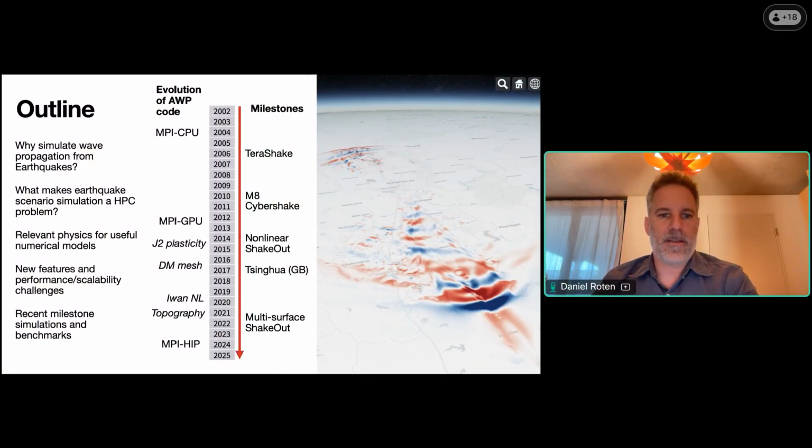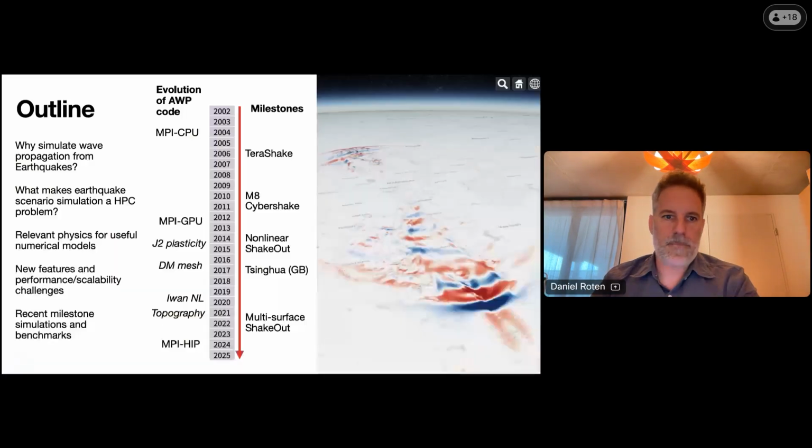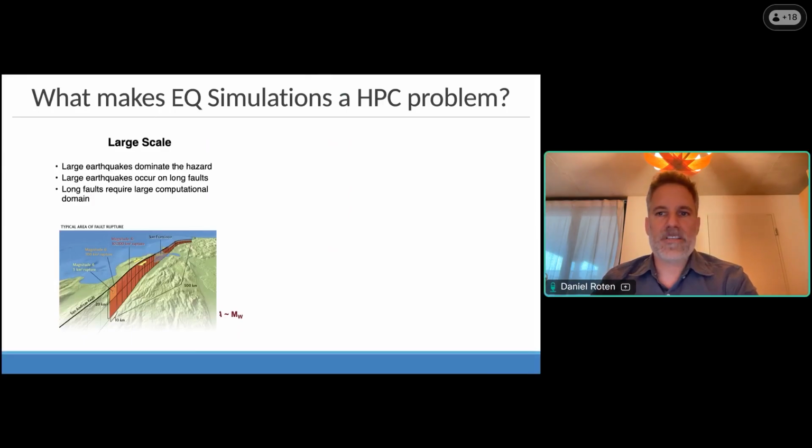It's called the ShakeOut scenario, and it features a large magnitude 7.8 earthquake on the southern San Andreas Fault. You can see here the source starts under the Salton Sea and propagates towards the northwest, and you see the source directivity effects channeling waves towards Los Angeles and into the deep basins in that area. You see how those basins amplify the ground motion and lead to stronger and longer duration shaking. You also see in the simulation the green areas, which indicate permanent plastic deformation, which reduces the ground motion, which is also something that we introduced in the code a couple of years ago.